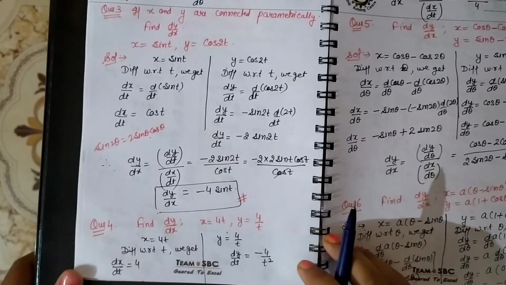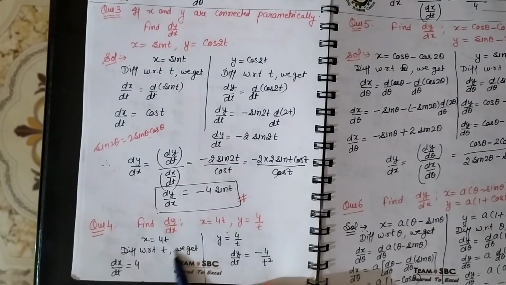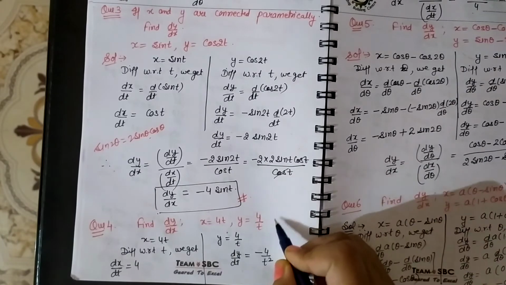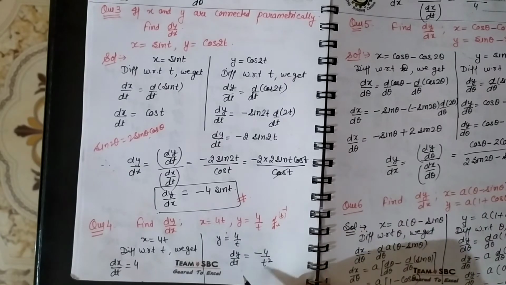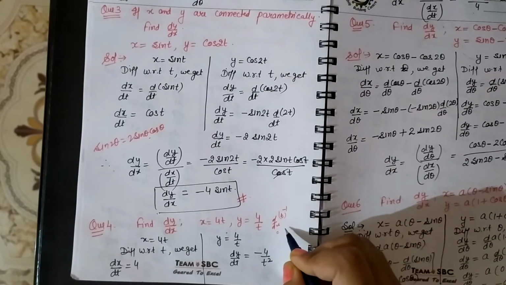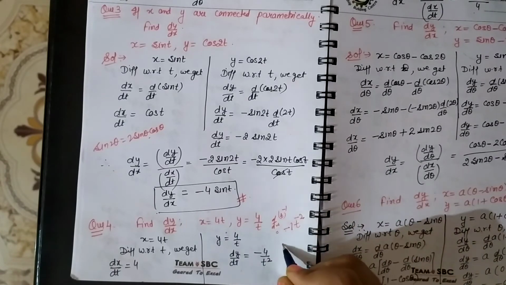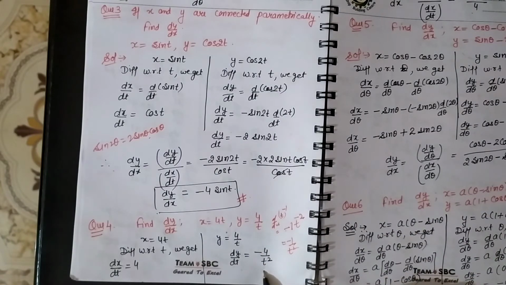Now fourth question is find dy by dx, as x is equal to 4t, y is equal to 4 upon t. So x is equal to 4t, differentiate with respect to t, 4 is the constant taken outside, and derivative of t is 1 because it's differentiation with respect to t. And y is equal to 4 upon t. 4 is the constant, but what is the derivative of 1 by t? Derivative of 1 by t, you can write t raised to power minus 1. Now applying which formula? X raised to power n, that is n x raised to power n minus 1. So n is minus 1, t raised to power minus 1 minus 1, minus 2. So you can write minus 1 by t square. Okay, so it becomes minus 4 by t square.